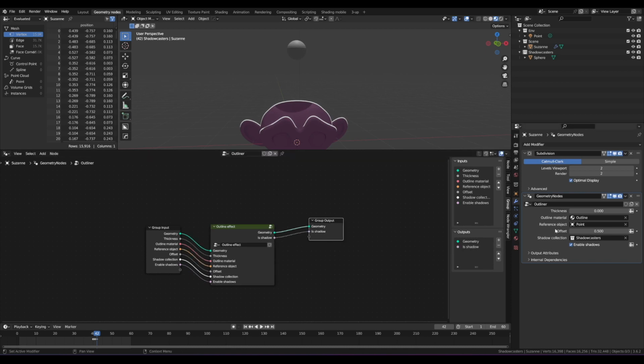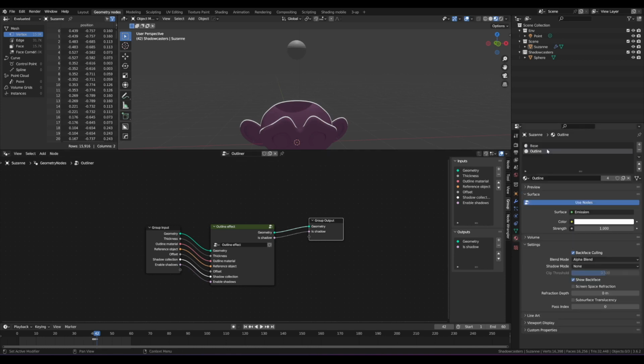And in here, output attributes. So now we can see that the geometry nodes modifier is aware of this outgoing attribute, so it has some value. But we need to assign it a variable, so we'll just call this is shadow. Okay, so now this variable is exposed and can be seen by the materials used by this object,